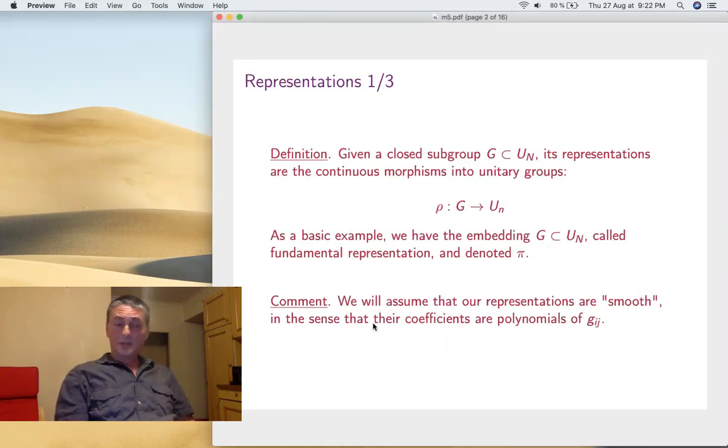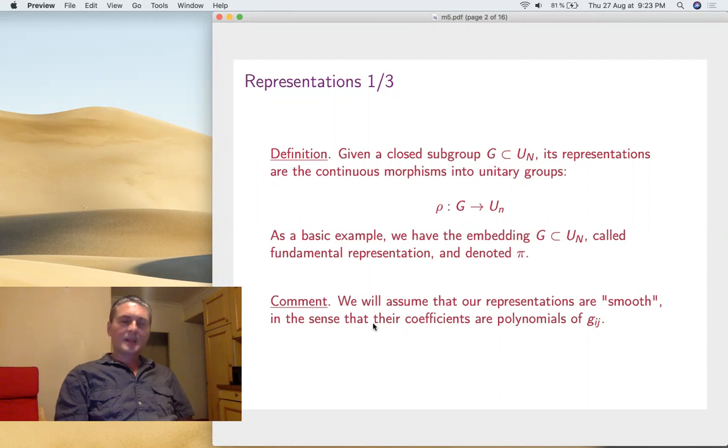So look at the closed subgroups of UN. Okay, not all the compact groups, but the so-called compact Lie groups, the closed subgroups of UN. That's important. Simplifies many things and covers all the interesting examples. So co-representations, the continuous morphisms into unitary groups. So the basic example, the embedding itself into UN is a representation called the fundamental and will be denoted by